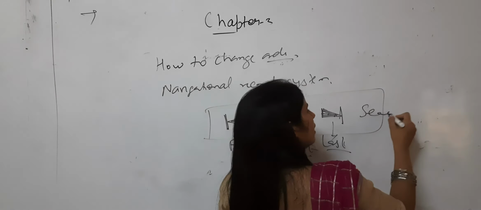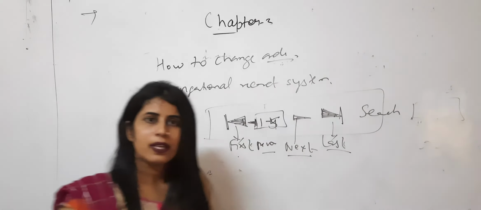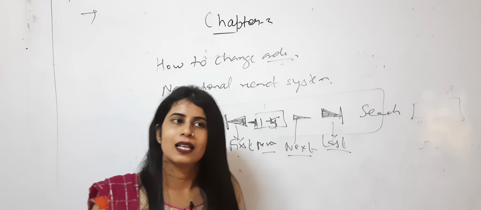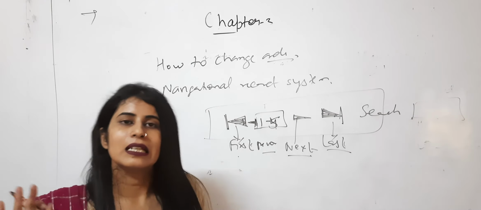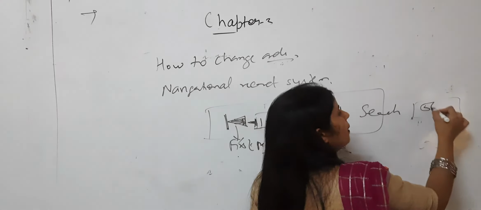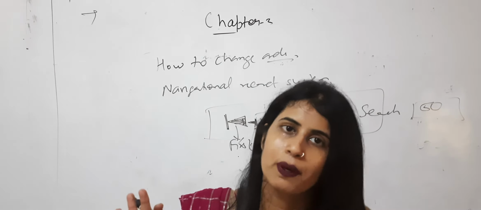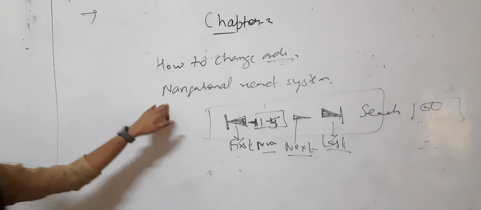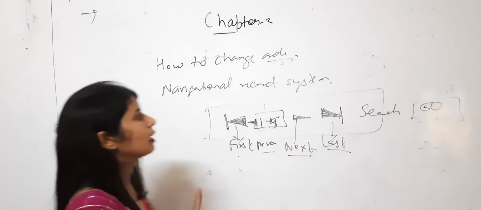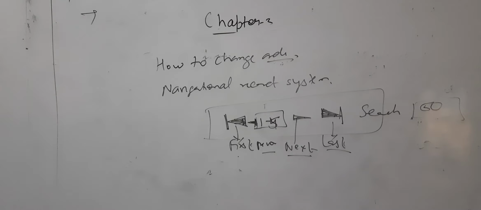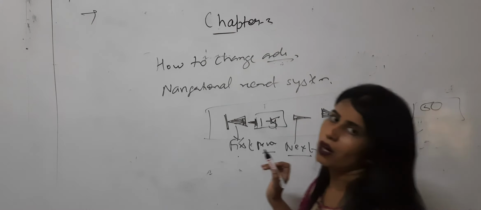On the right side you will find the option search box. Suppose 100 records are there and you want to go to the 50th record, 52nd record, or 60th record. Here you will write the number, and in this way that particular record will open. So navigational record systems are used to navigate among the records easily. With the help of these we are able to move from one record to another. It is a helpful feature for us.